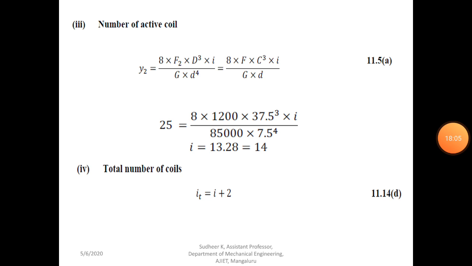Next, we need to find out the total number of coils in the design of the helical spring. The main importance is that we have been given the number of active coils. So the total is the number of active coils plus the number of inactive coils. There will be active as well as inactive coils in the spring. The ends of the helical spring will be inactive coils, because there will always be two ends for a helical spring. So that will form based on